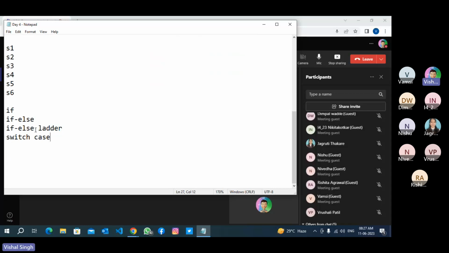If else ladder means if, else if, else. So what is if? The statement or syntax, that is the grammar. Like syntax, what is the syntax? So syntax is